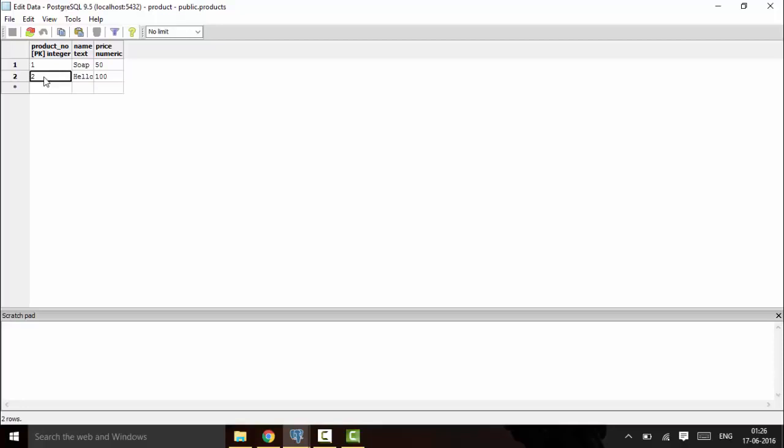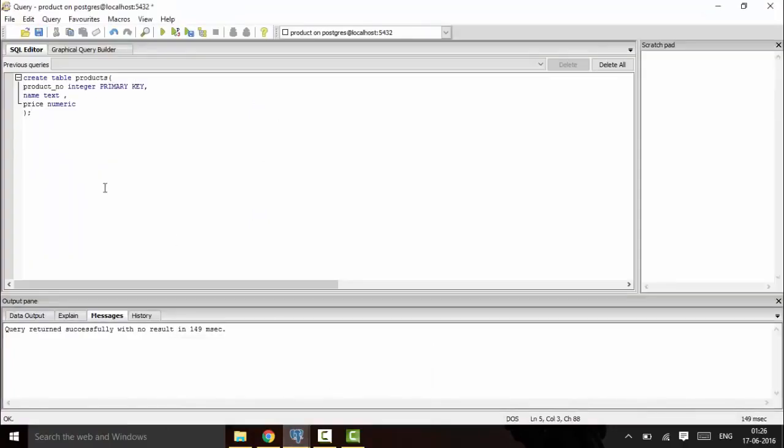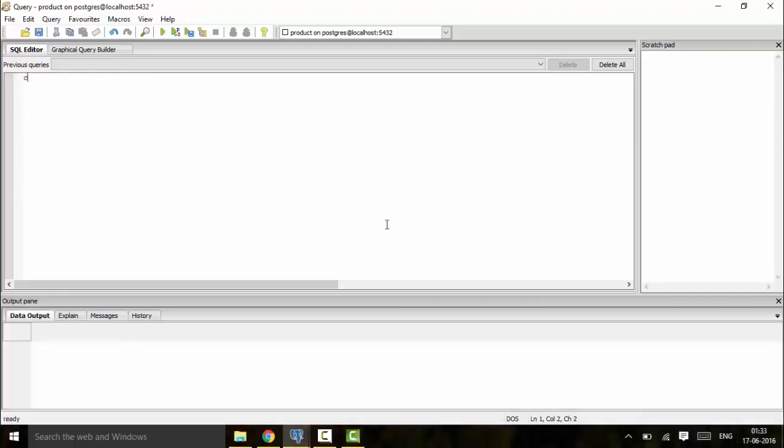For the foreign key, I'll be creating one more table so that you could see one more example. For example, if we have an orders table, we would like to have orders for only those products that we have in our database or that are available to us. So for that we'll be using the concept of foreign key. I will create a table orders that indicates the orders. Next I'll be creating the orders table, that is create table orders,